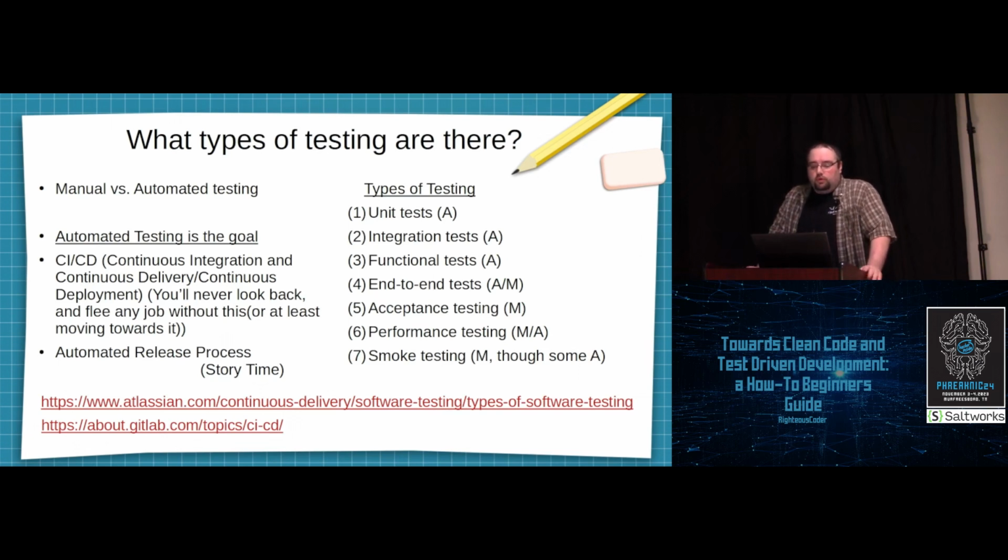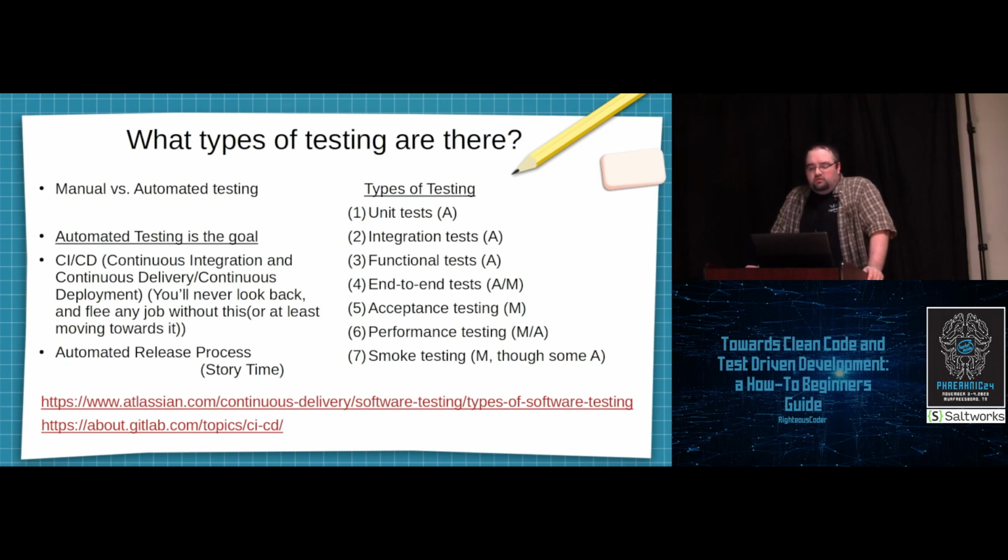So over here on the right-hand side is the link down at the bottom at Lycian, which has a list of the types of software testing. They list 7 types: unit, integration, functional, etc. And off to the right, I put A and M for manual and automated. You want as much of each of these tests to be automatic as possible. So theoretically, you want to automate all of them. That's not realistic, but